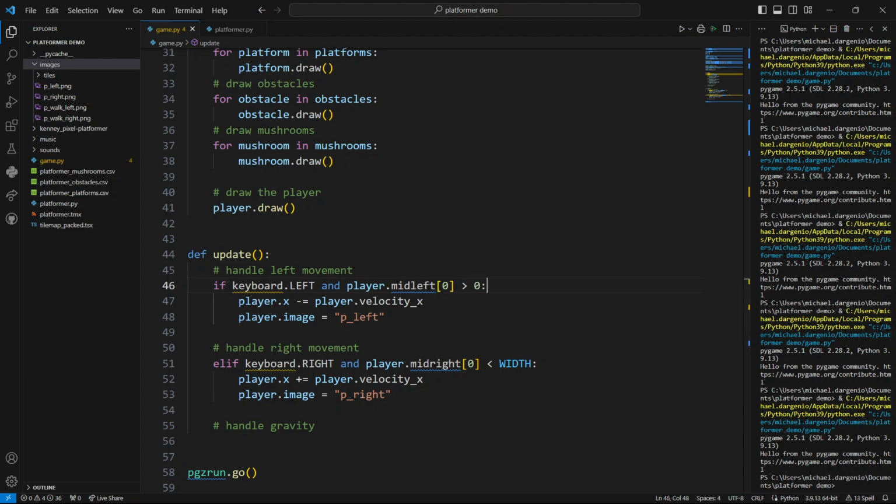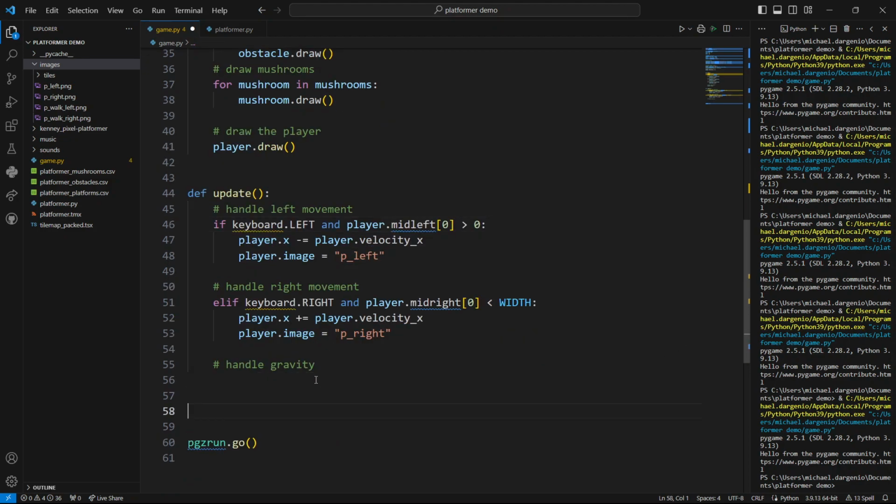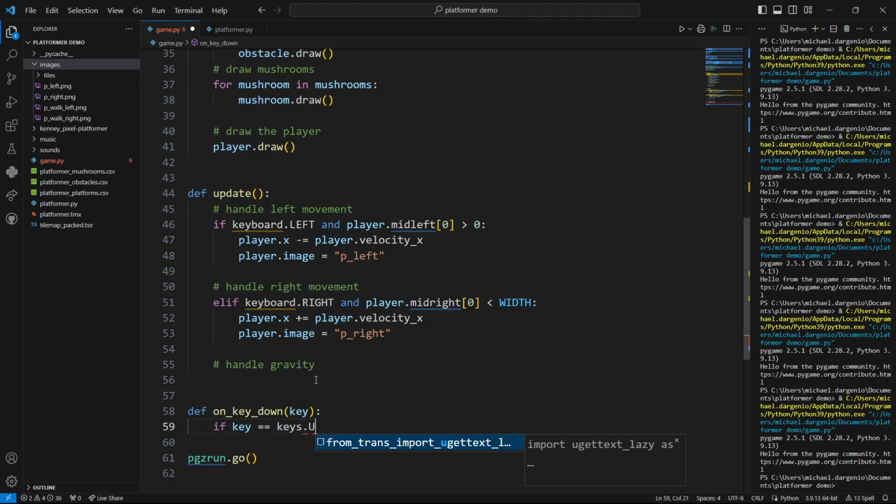All right, so let's add some gravity stuff here. This is something that we've done a little bit before. We did it in our cactus runner game and stuff like that. And so the first step is going to be to add an on key down event listener here. What we'll do is detect whenever the up key is pressed, and we will change the y velocity so that it goes up and then eventually back down. So we'll say if key equals keys dot up, then what we want to do is